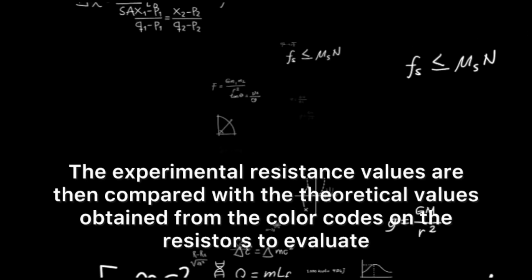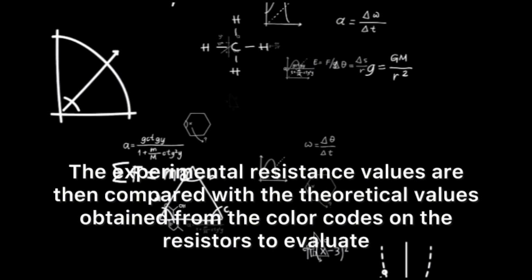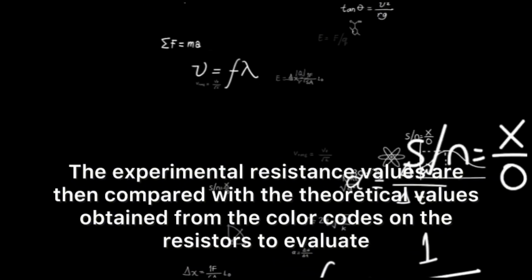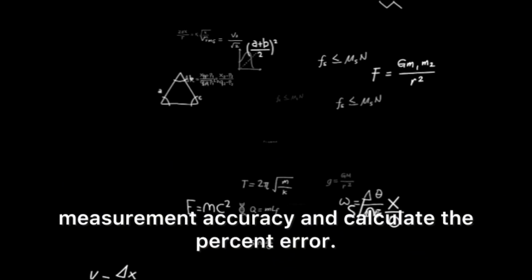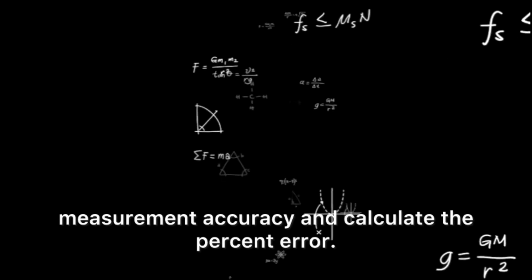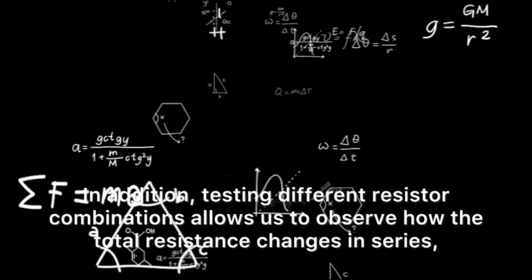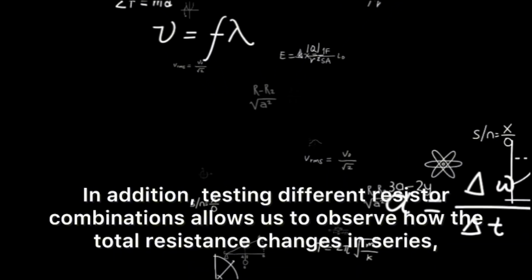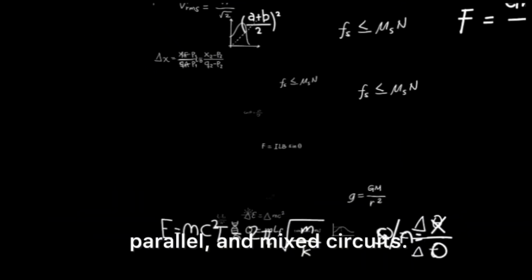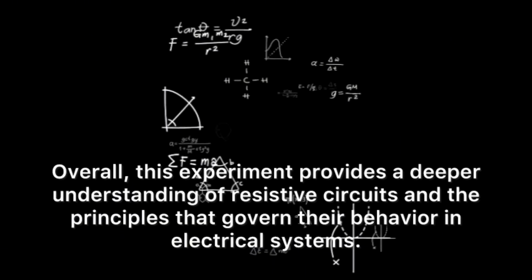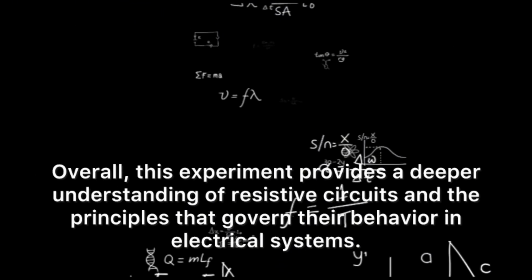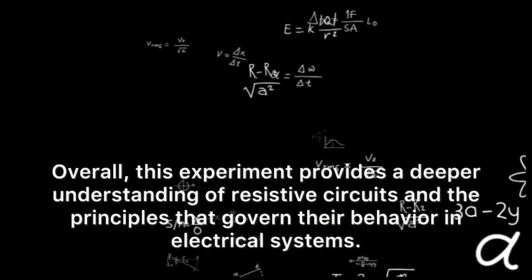The experimental resistance values are then compared with the theoretical values obtained from the color codes on the resistors to evaluate measurement accuracy and calculate the percent error. In addition, testing different resistor combinations allows us to observe how the total resistance changes in series, parallel, and mixed circuits. Overall, this experiment provides a deeper understanding of resistive circuits and the principles that govern their behavior in electrical